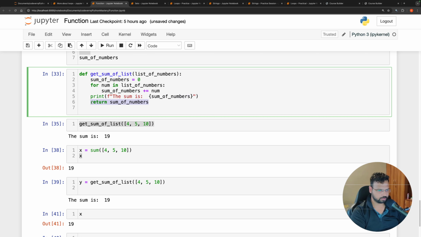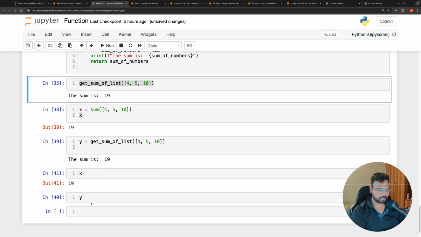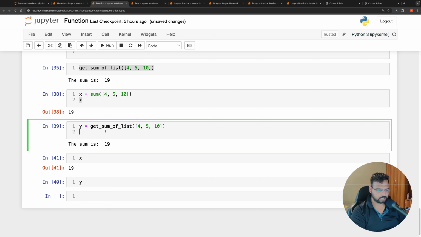Usually we want to return the result so that we can take that answer and then do something else with it. And if you want to print something, that is also fine. And if you want to do both of them, that is also okay. You can print as well as you can also return. So now if I change the function this way, and now if I come back here and run this line of code again,